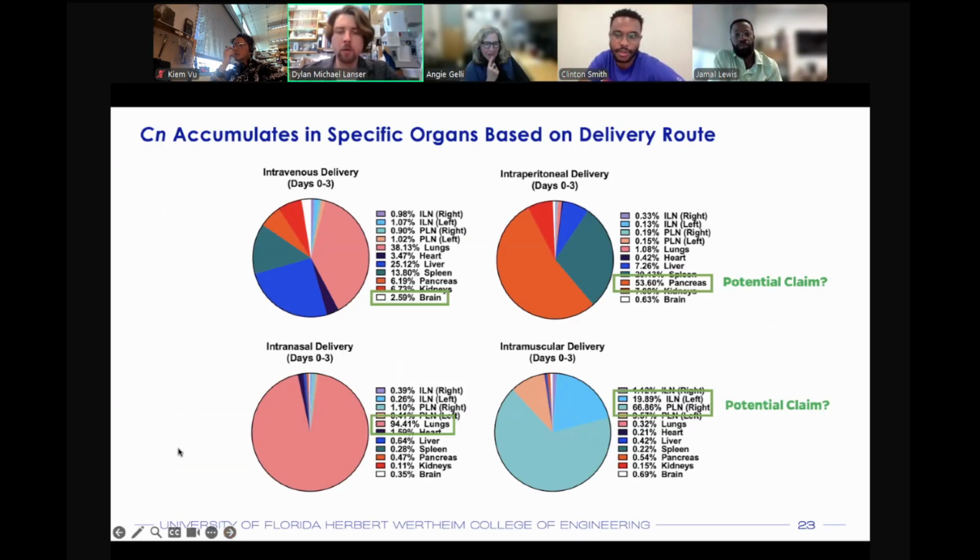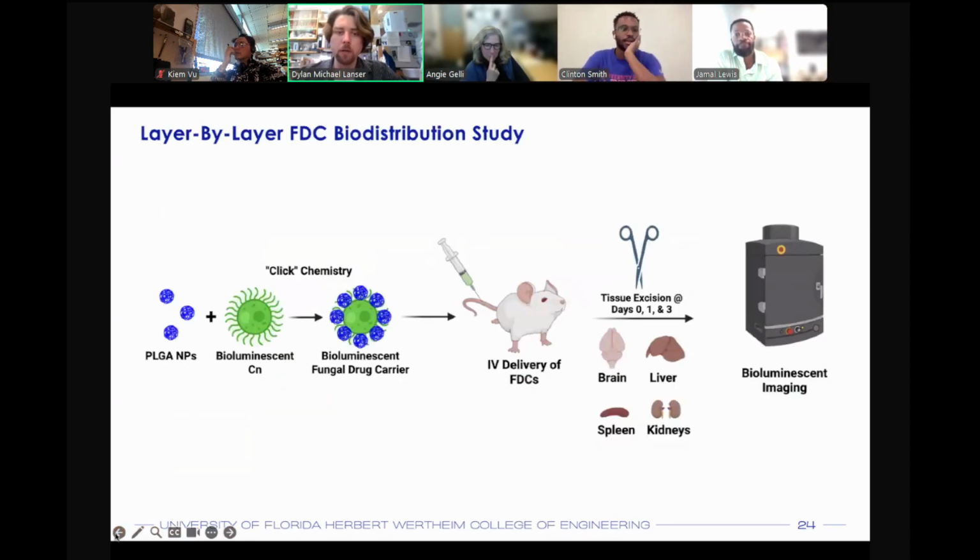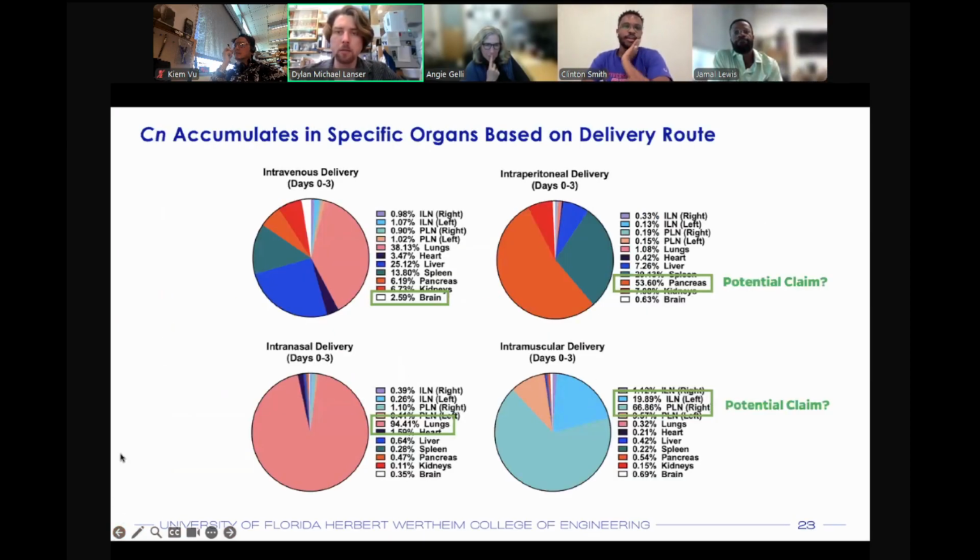And is that the window, 3 days, that you think we'd want to be looking over in terms of if we want this strain to last? Yeah, essentially. I think we want to have it do its thing, accumulate in whichever respective organ, and then